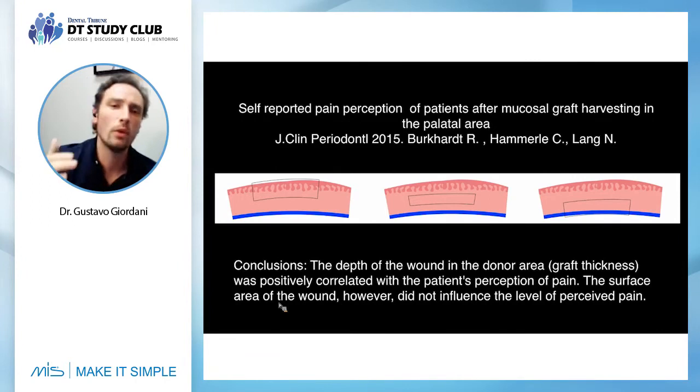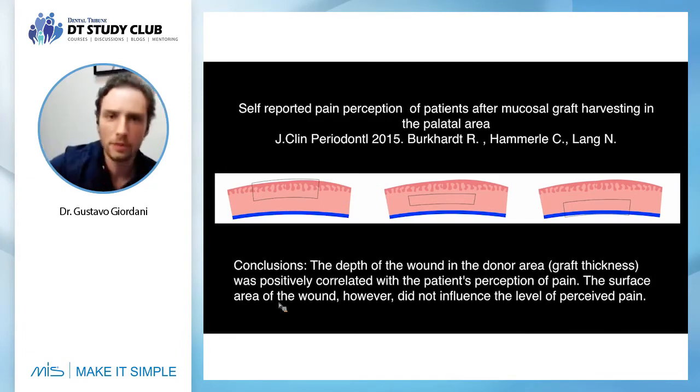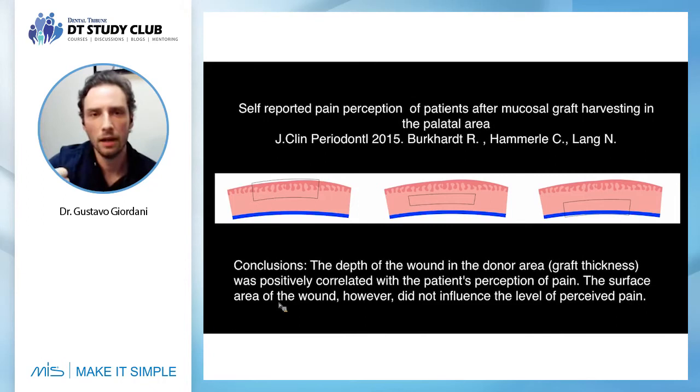When you remove the deepest part of the palate, this will be the most painful for the patient. So that's why you don't remove the deepest part of the palate, because you're gonna have first a very painful healing for the patient. Second, you're gonna have